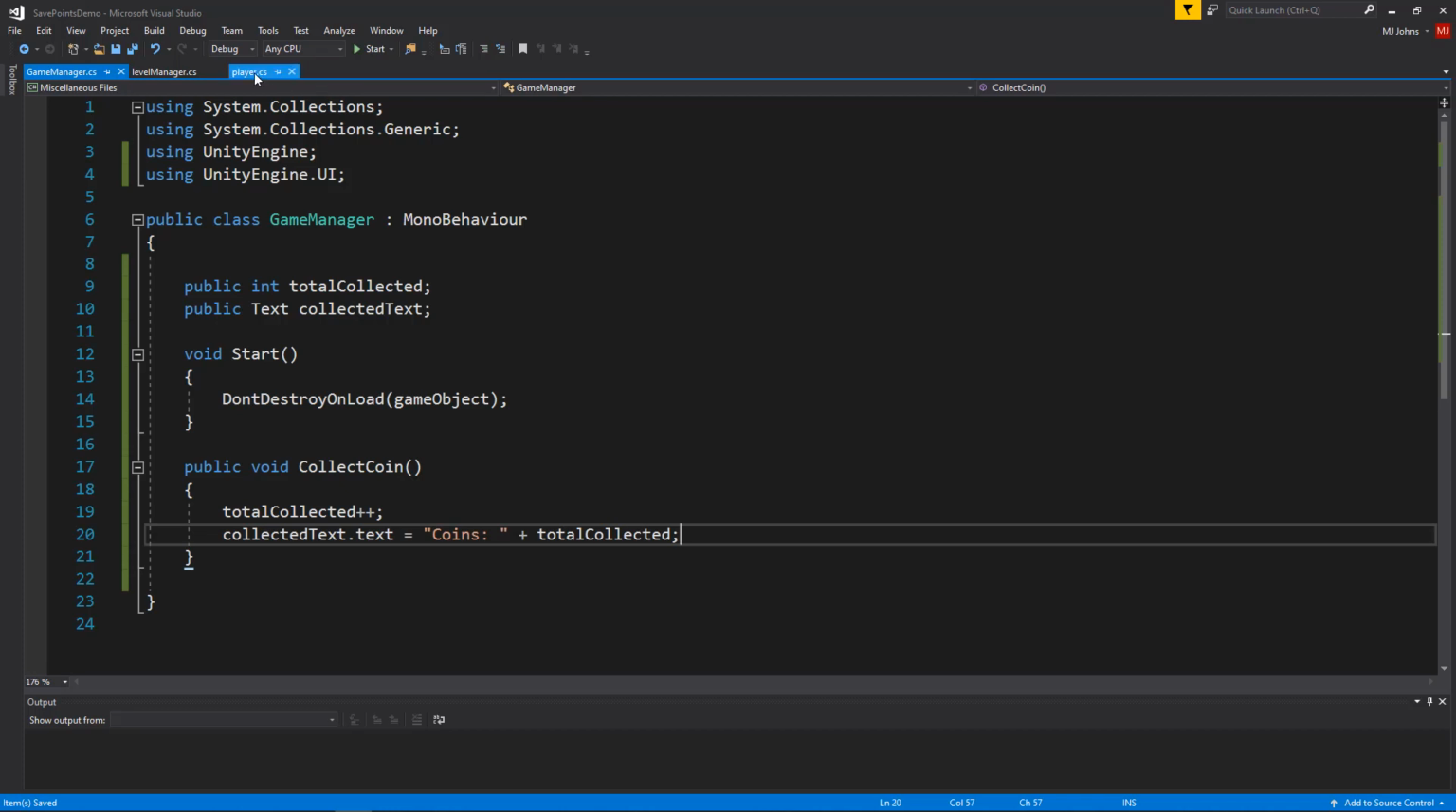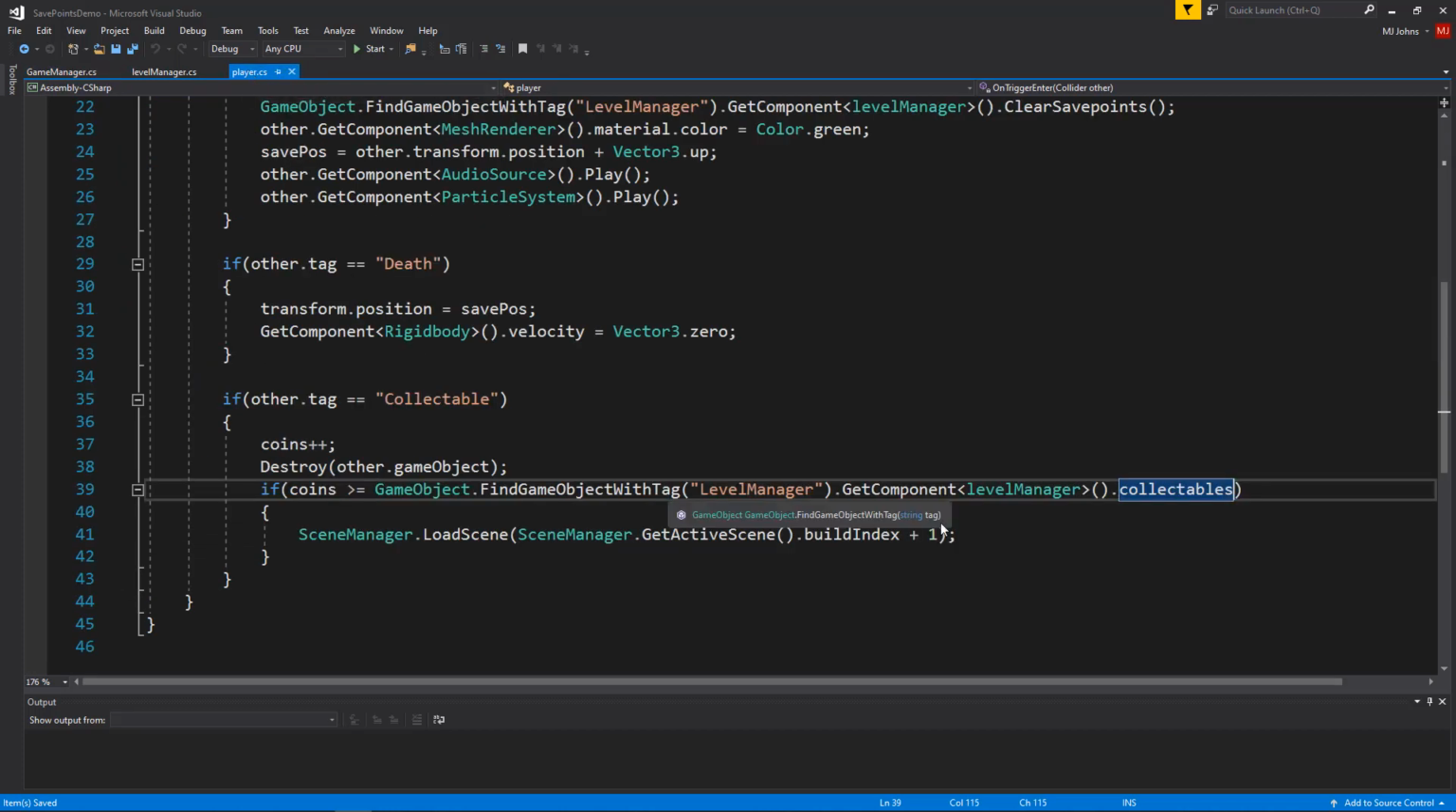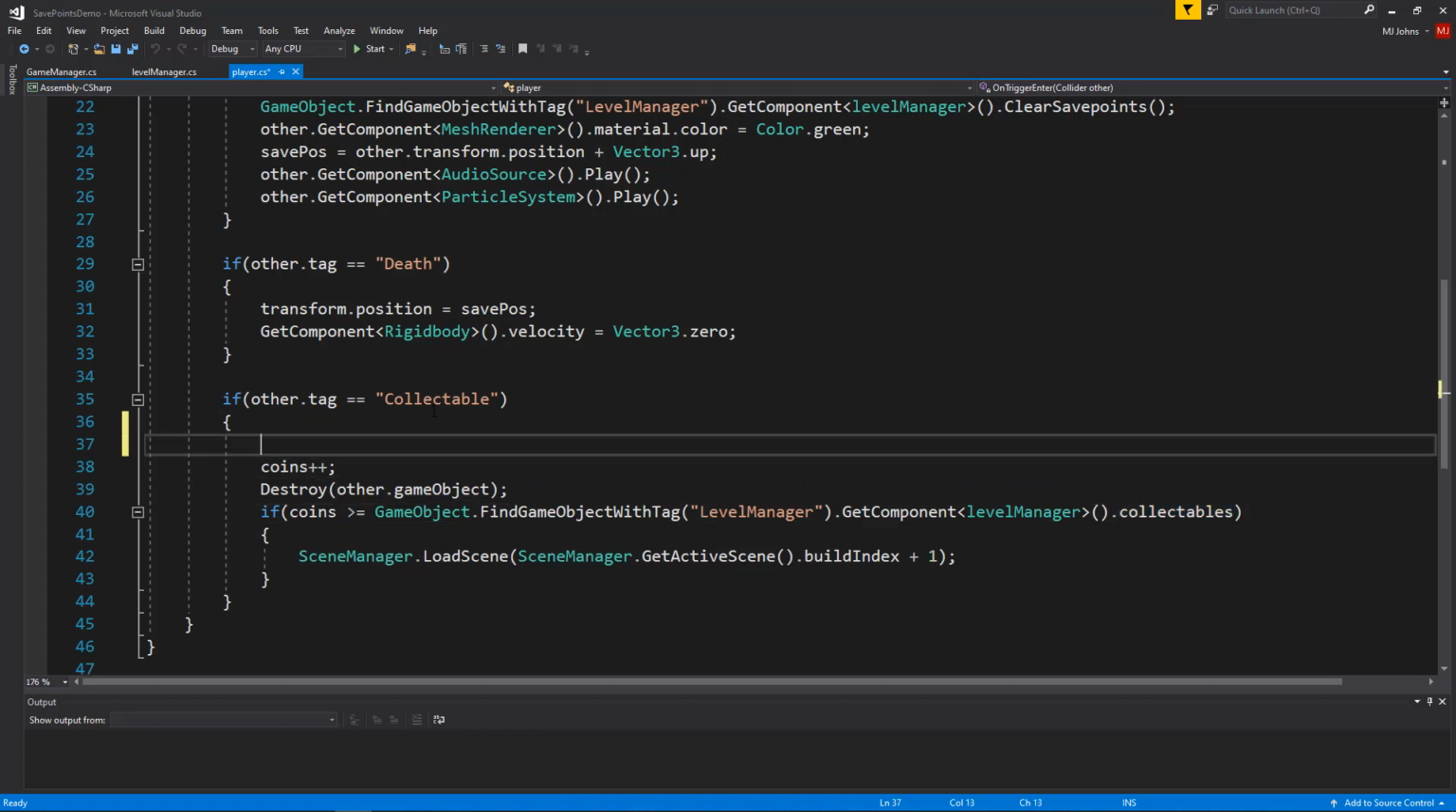And save that. And now in my player script, I need to call that function. So when I collide with a collectible, I'm going to do this as the very first thing that happens when I collide with a collectible. I'm going to do